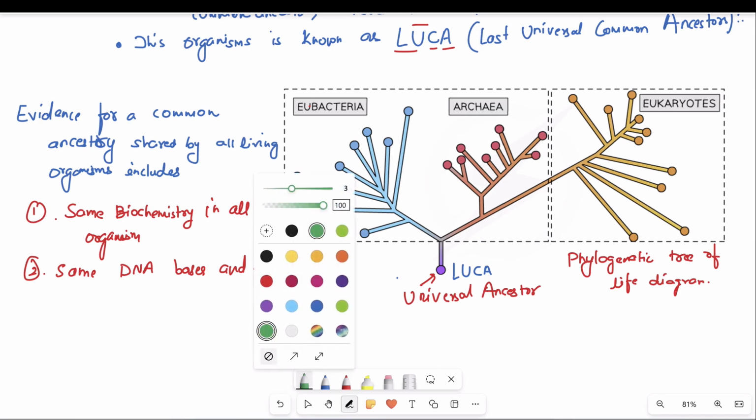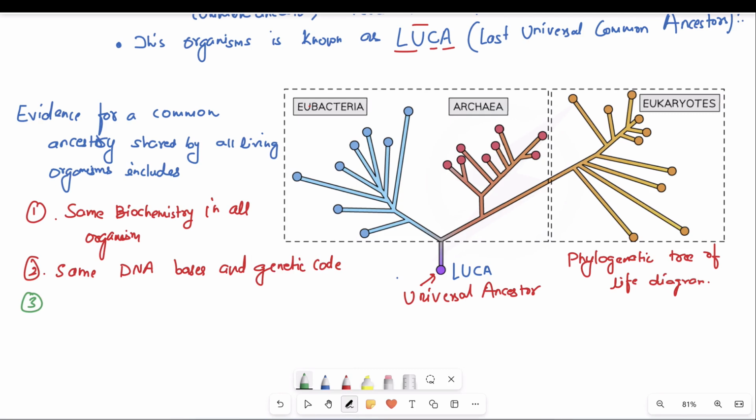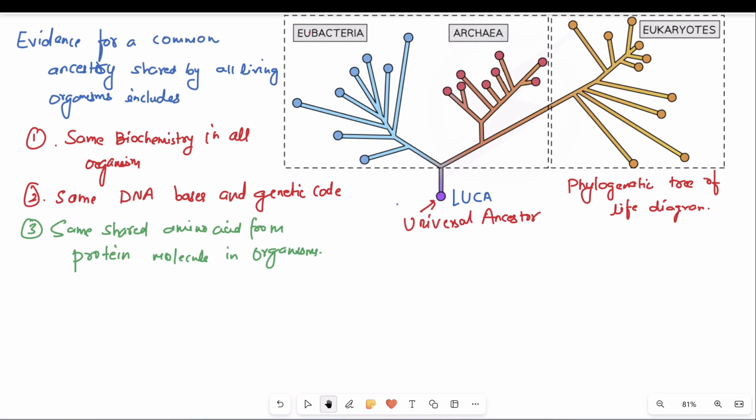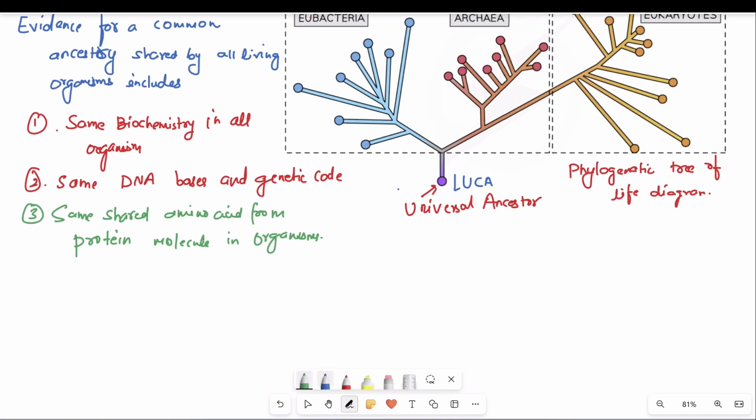Next, if DNA is same, that means protein will be also same. Same shared amino acid from protein molecule in organism. So these are the evidence which shows that yes, there is some commonality, there is some similarity which is matching